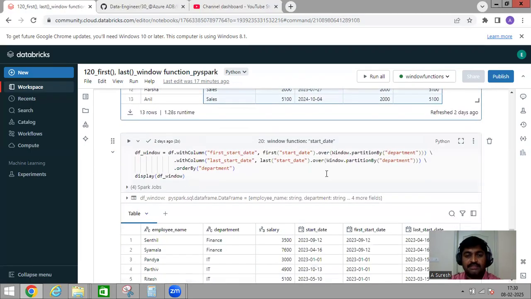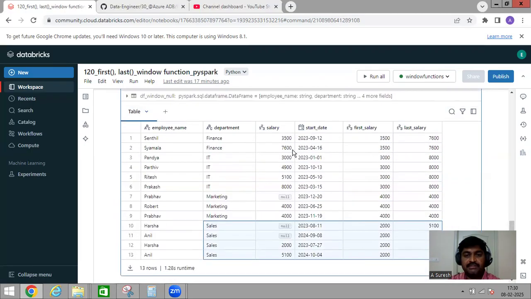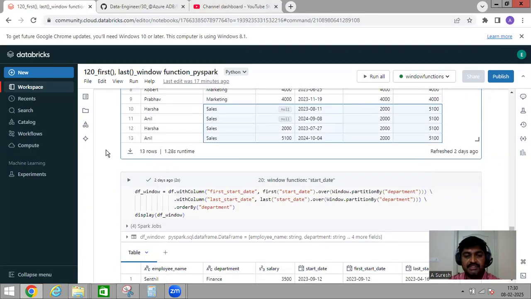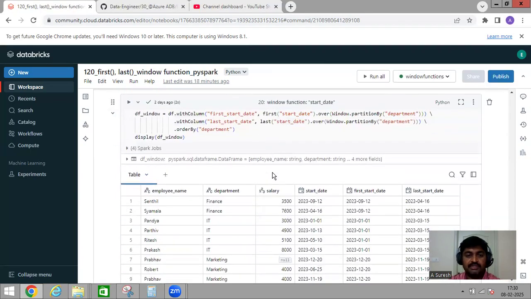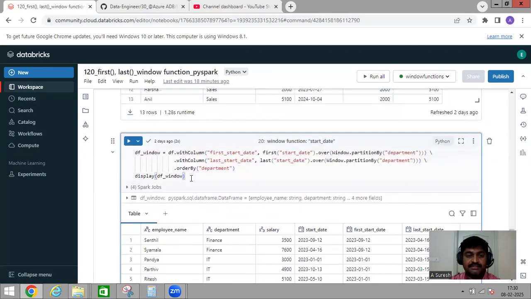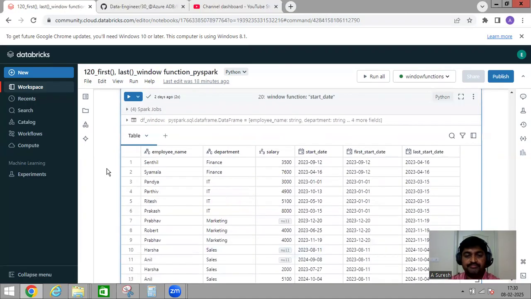Okay, so next, as of now, we saw this on the salary column, that means an integer column. Now we'll see it on a date column. So our date column is start underscore date. The syntax is the same. Instead of salary, I'm giving start underscore date. So what I'm doing is,